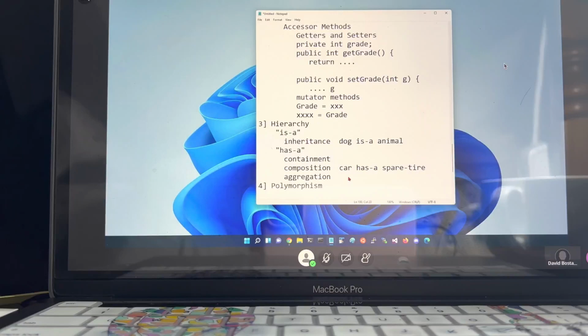If the objects were able to exist independent of each other, meaning one may aggregate the other, meaning it is a single direction relationship, we use the expression instead of has a, part of.